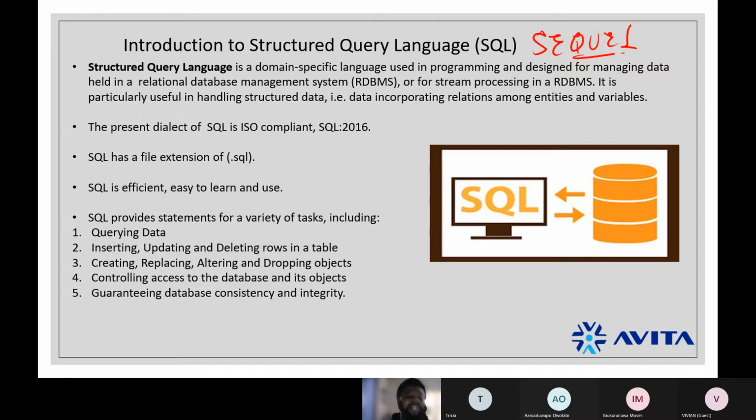Now, why do we call it a dialect? It means that every now and then, right, a few changes occur in the language. They add a few things to it, but basically, the structure of it does not change, right? Remember, we have this also in English and in Yoruba, right, and in every other language.